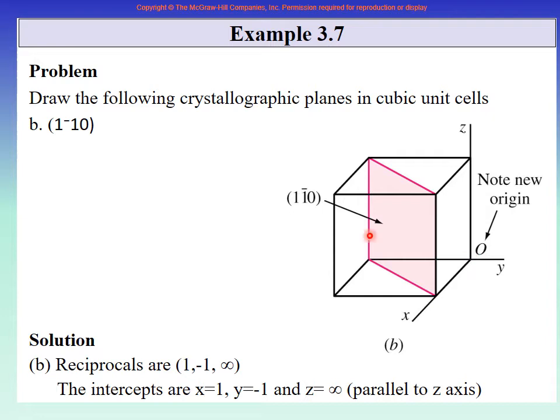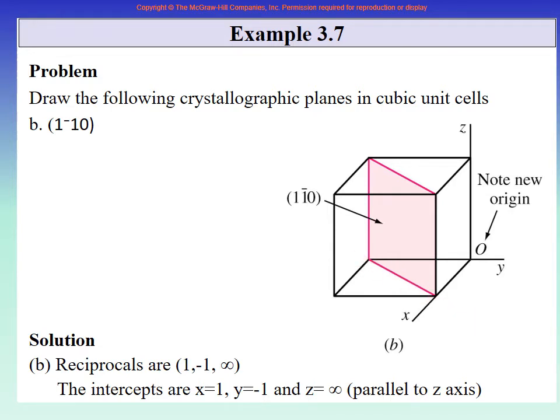So from here your first intercept is x 1. So from here move plus x and 1. So you have 1 point. Then from here move y minus 1. So from here this is y plus, this is y minus, you go to this point. So don't look at the plane. Just start that you had a blank cube. Now you shifted the origin here. The first intercept was there. The second intercept was here. So join this line. Now the same technique as before.